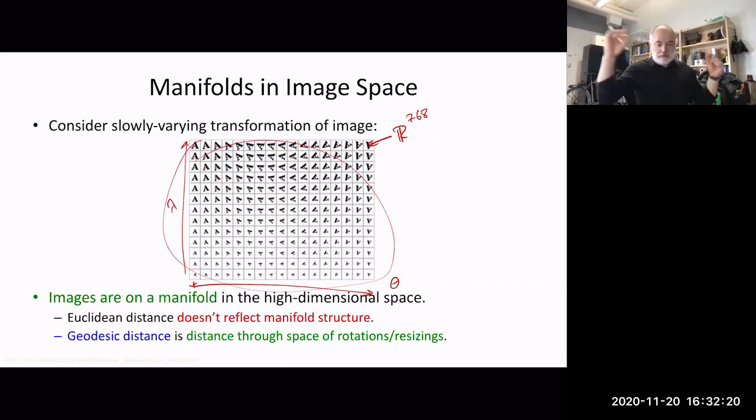Fine. So the point is that Euclidean distance in the 768 dimensional space is not going to indicate well what we want. It doesn't reflect a manifold structure. The distances between things are going to be